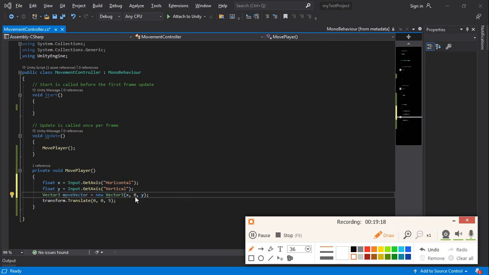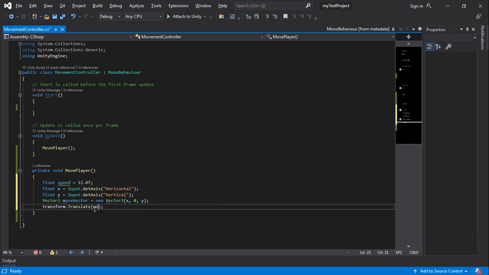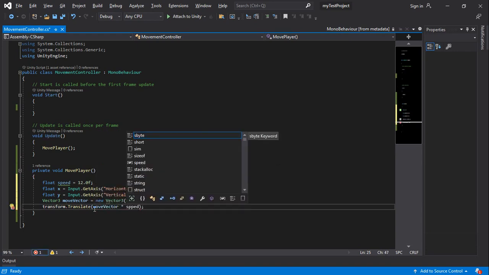Now this will only return a value between -1 and +1, so the movement will be a little bit small. I will create another float value called speed, and I will make the value 12. And then instead of using this value, I will use the movement vector multiplied by the speed, multiplied by